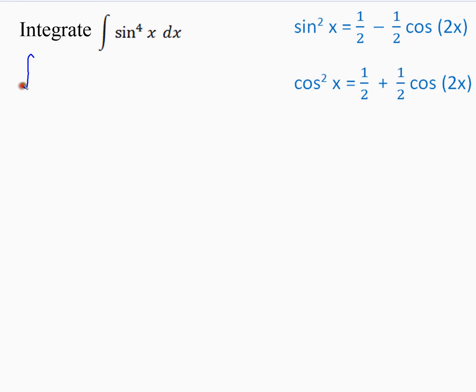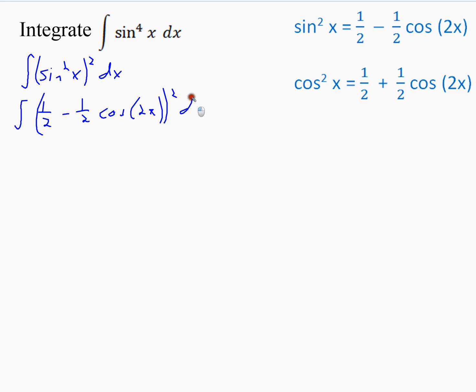And what we'll do here is sine to the 4th is really, and maybe we wouldn't have to write this work as we get a little better at this, but this is sine squared x, squared, dx. And so we'll substitute in 1/2 minus 1/2 cosine of 2x, and this whole thing is squared dx. Multiplying this out,